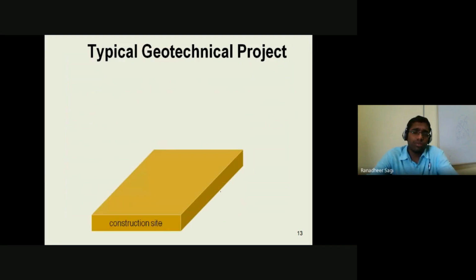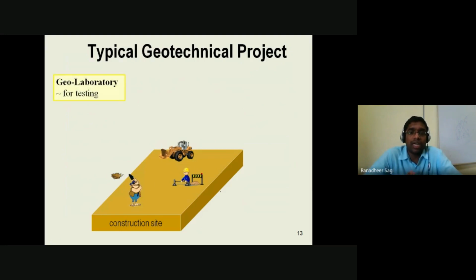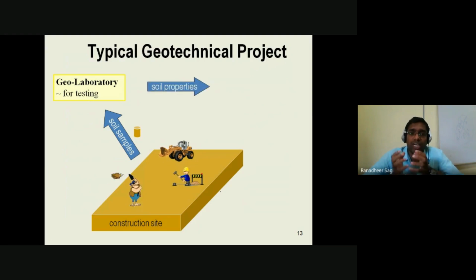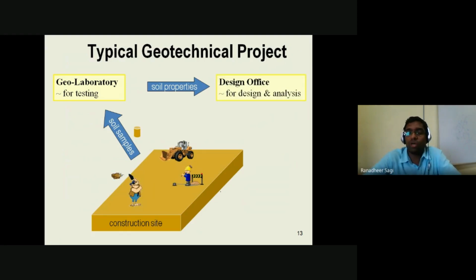So when it comes to a typical geotechnical engineering project, the understanding of soil is very important in taking up the design of any particular structure at that construction site. Whenever you go to a particular site, first and foremost, the important thing is what the properties of that ground material or soil material are. Without that, any kind of structure you want to construct on that ground or soil strata doesn't make any sense at all.